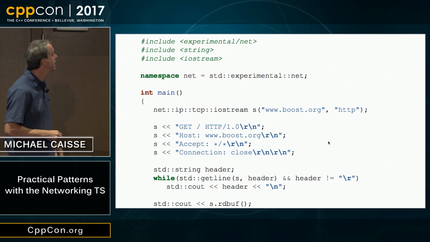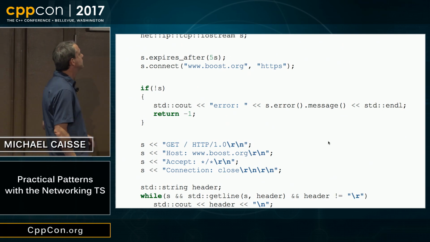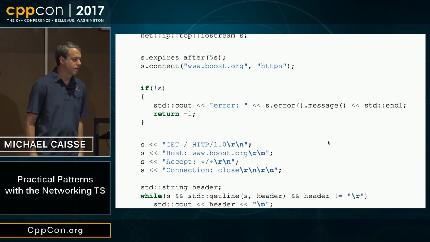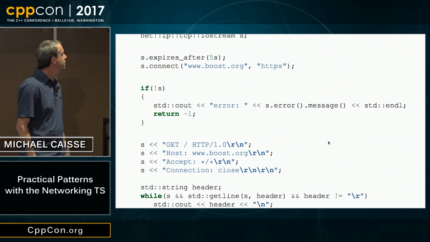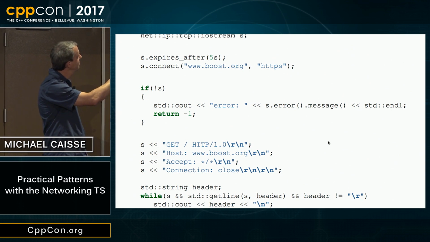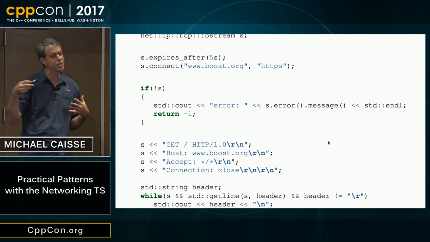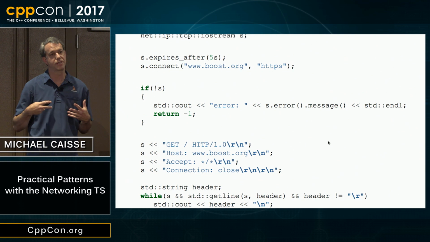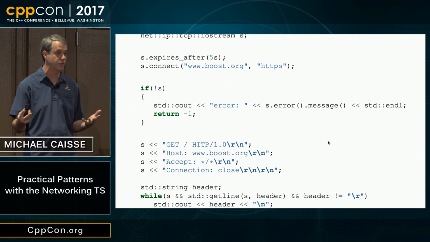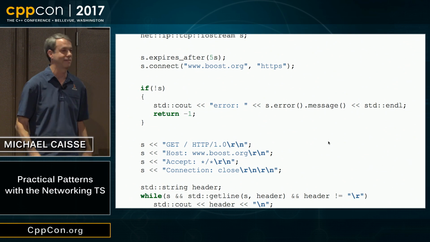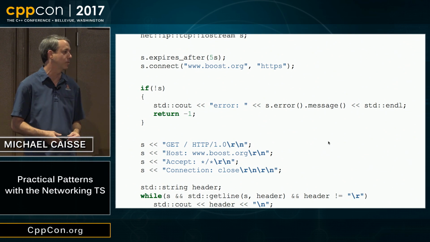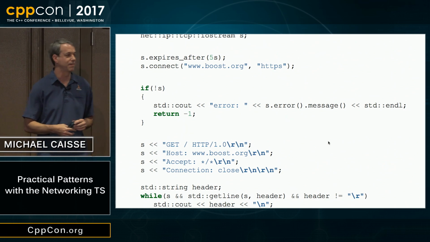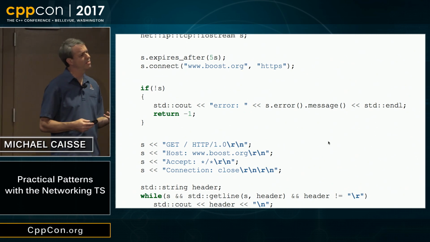All right, so let's go ahead and see if we can get those in there. So let's take a look at what we've done for timeouts. We can tell the stream, and this is very generic again, it's a very high-level concept, that the things the stream will be doing are going to expire after a certain period of time. I just picked 5 seconds. At least now I don't have to worry about whatever the OS implementation has, but they're going to be 5 seconds.